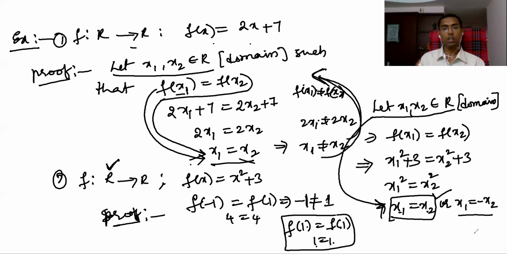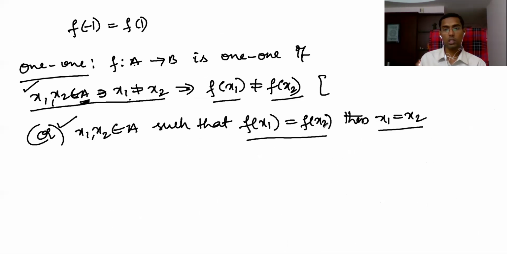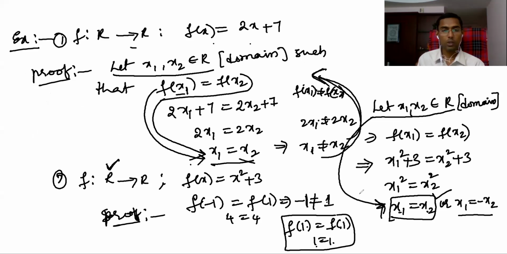Which one you have to take? Most of the times we take this only, the second, which is convenient and easy. When f of x1 equal to f of x2, then x1 equal to x2, if you prove, then the reverse also happens automatically. If this is not equal, this is not equal will happen. So that's why I gave two examples. One is where it is happening and another where it is not happening. So this only I told in the last. Okay, hope this one you can take.